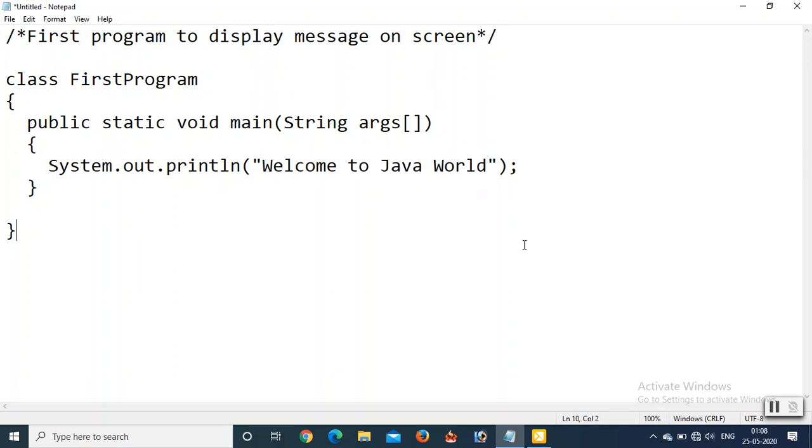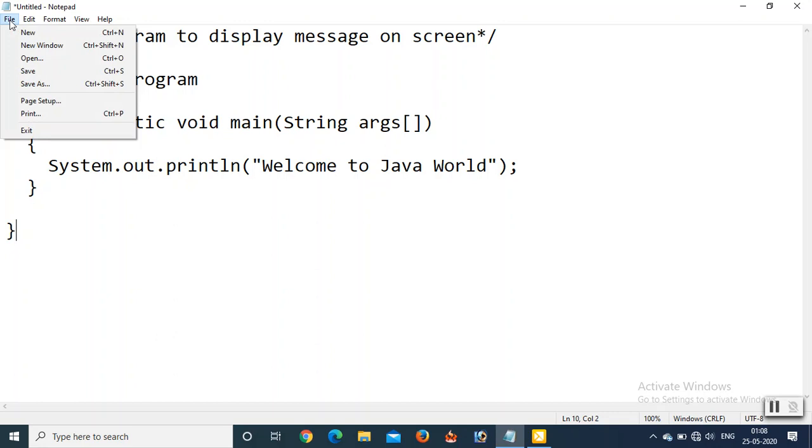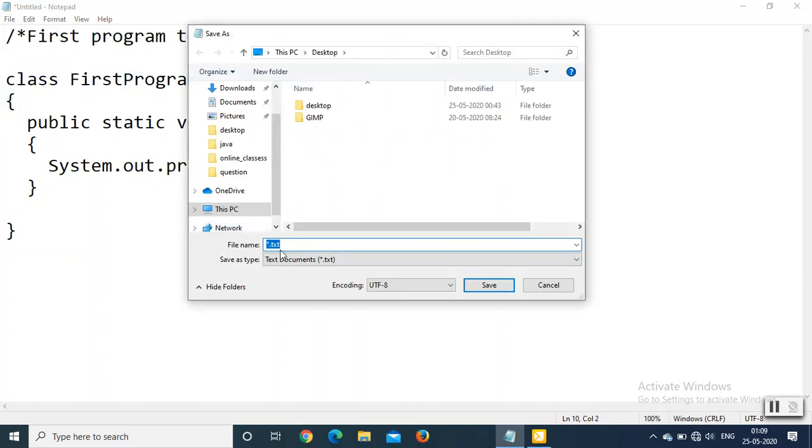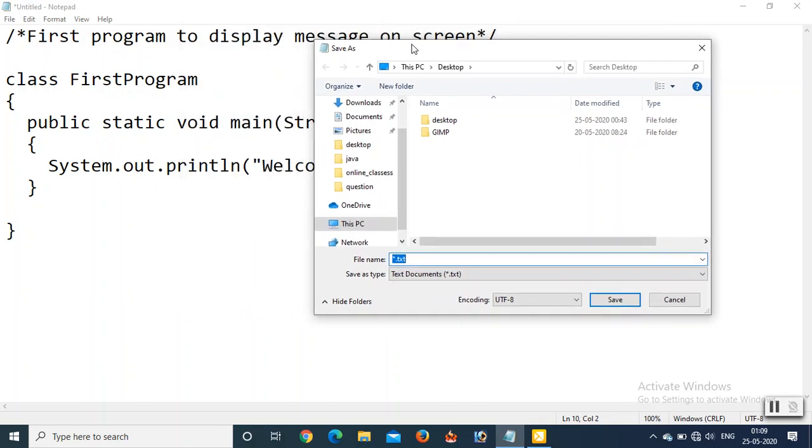So I am going to save this file. How to save? Either click on the File menu and click on the Save option, or you can use the shortcut key Ctrl+S. So I am going to click this, and I am writing the file name.